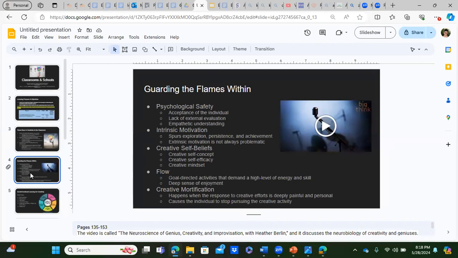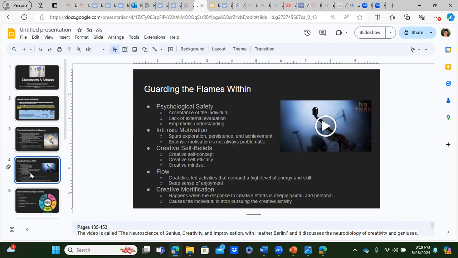Our creative self-beliefs, also known as CSBs, influence whether we will engage in creative activities, how we'll persist in those activities when faced with challenges, and in the end, whether we will have creative achievements. Contemplating our own creative self-beliefs and those we foster in students is essential to creating a classroom environment supportive of